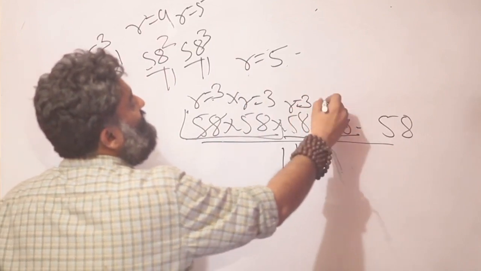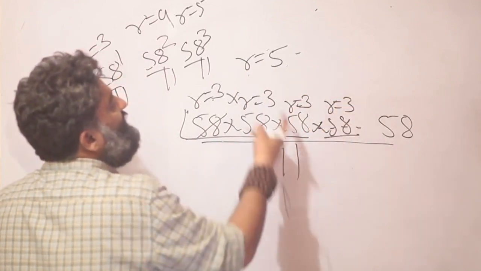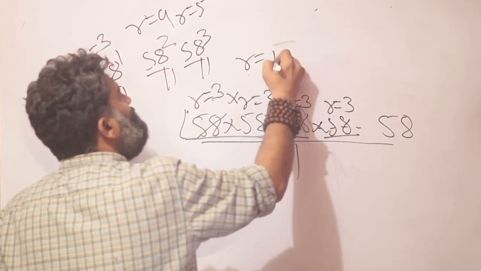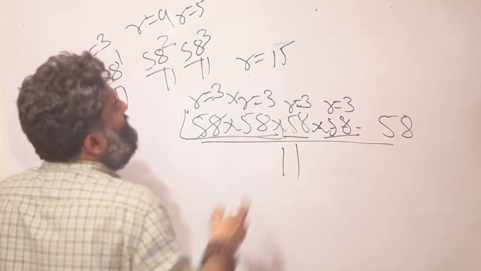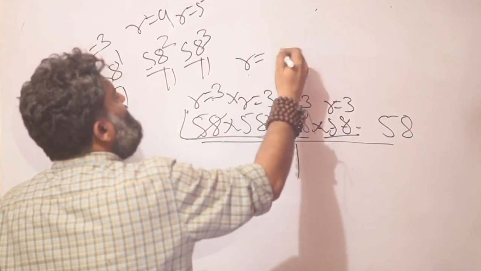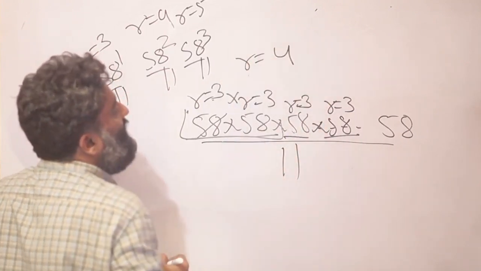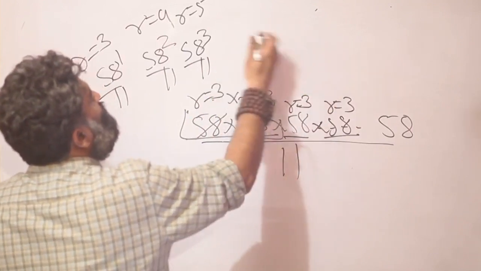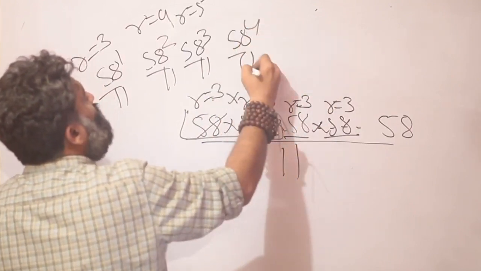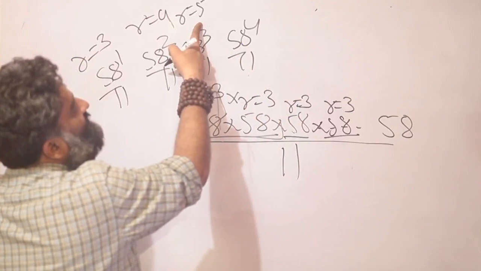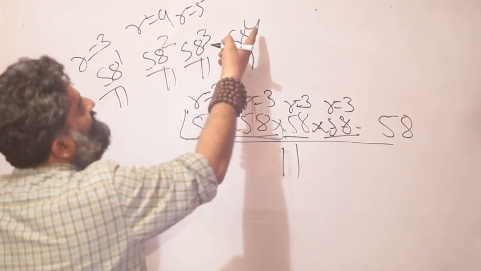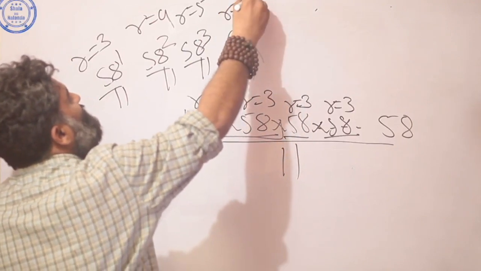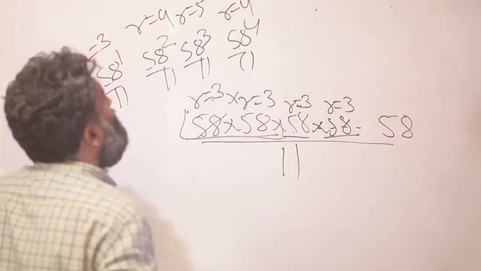Let me go to the next 58 and see what happens. I am at 5. This will bring another 3. 5 3s are 15. 15 divided by 11, the remainder would now be 4. So if I go to 58 raised to 4 divided by 11, my remainder was 5. Just multiply it by another 3, you get 15. 15 divided by 11 again, the remainder would be 4, right?